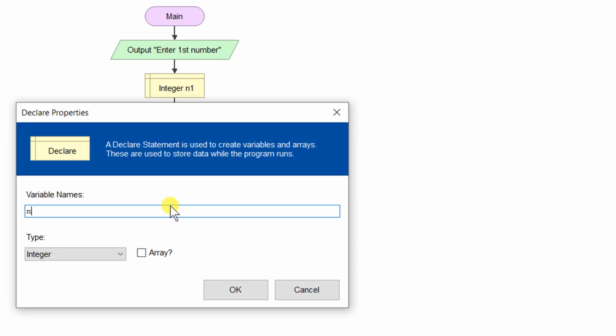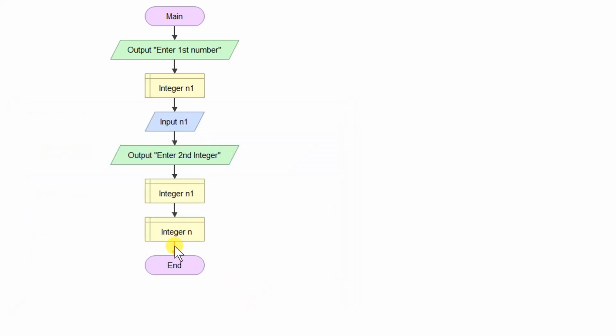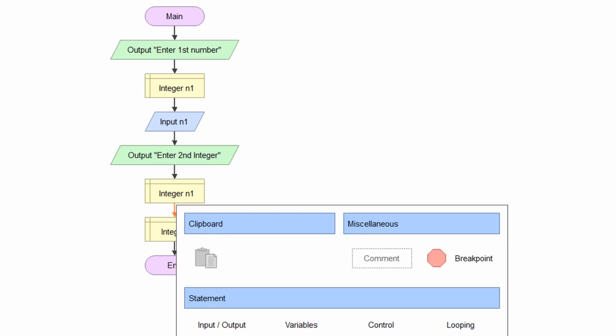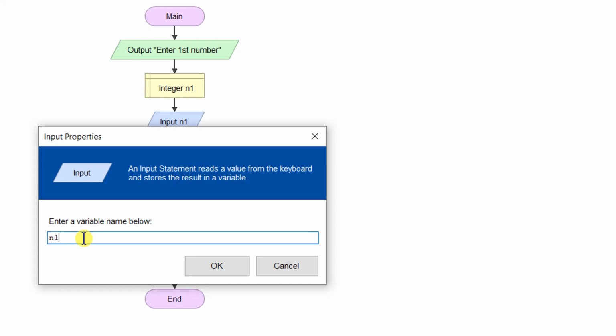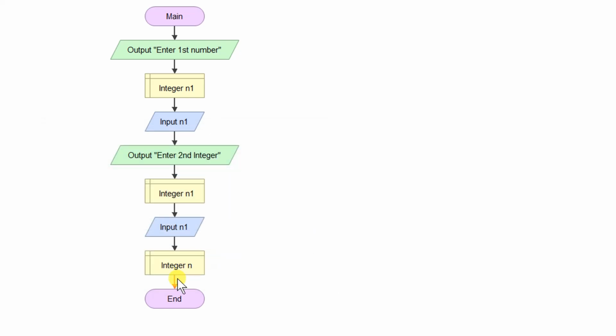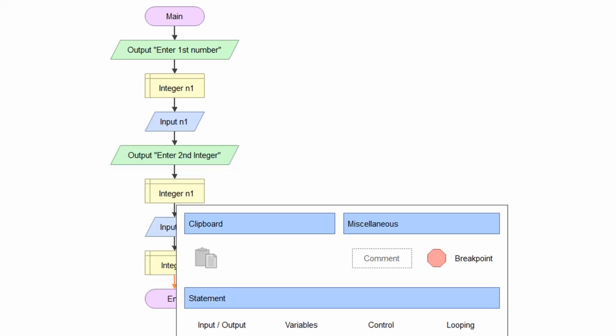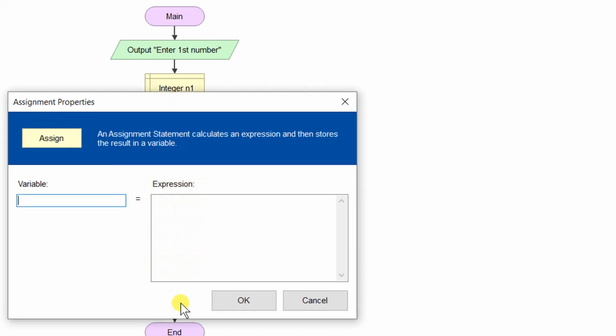Let us say n. Before that I must read n2. Now I am going to assign the value of n. The expression is n1 plus n2.